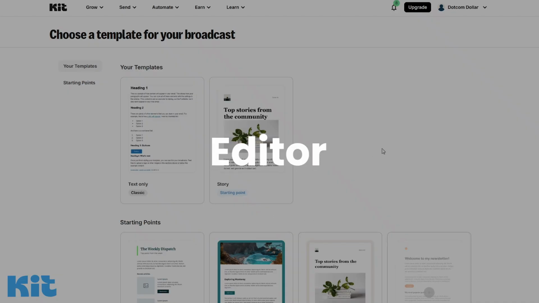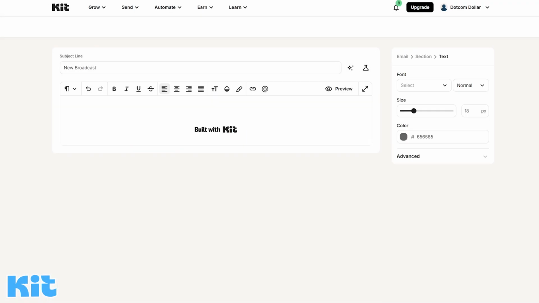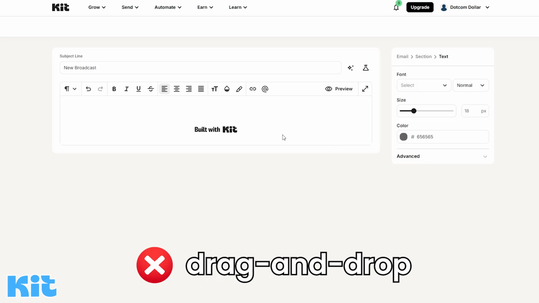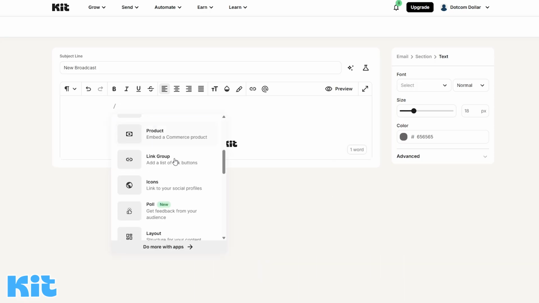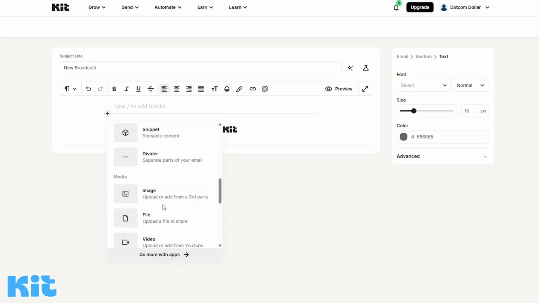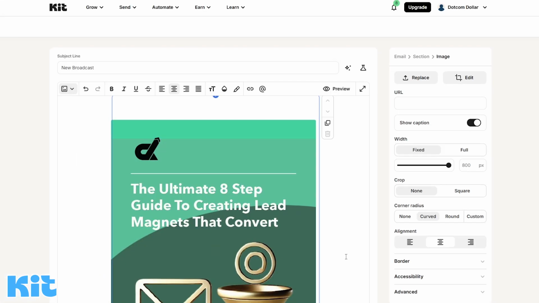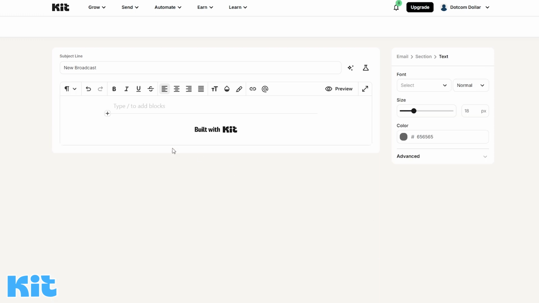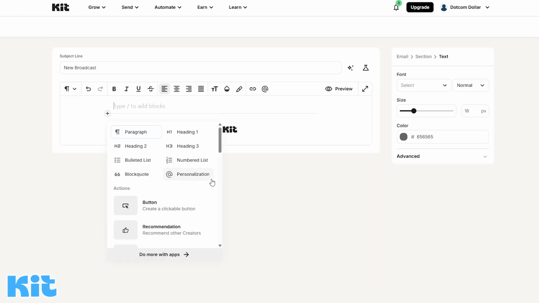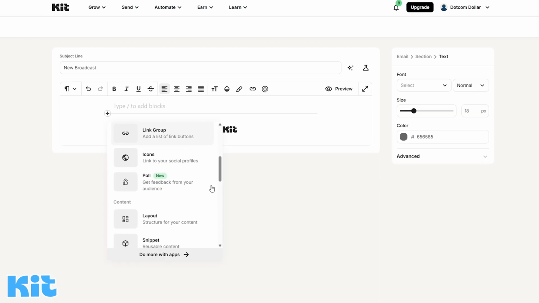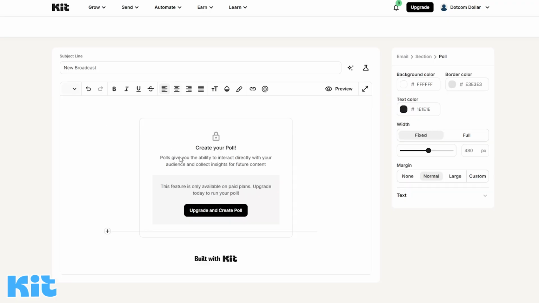Kit offers a visual editor that's fast and easy to understand, but it doesn't provide the drag and drop flexibility you find in other platforms. Instead, you add content by typing / or by clicking the plus button. It's different from what most people expect, but once you get used to it, it works well. What impressed me is the range of content you can add, up to 27 different content types, including polls, countdown